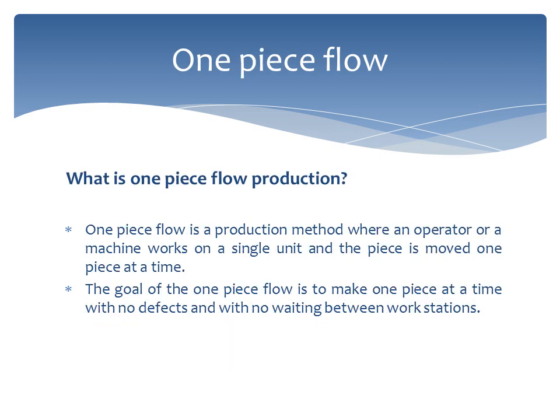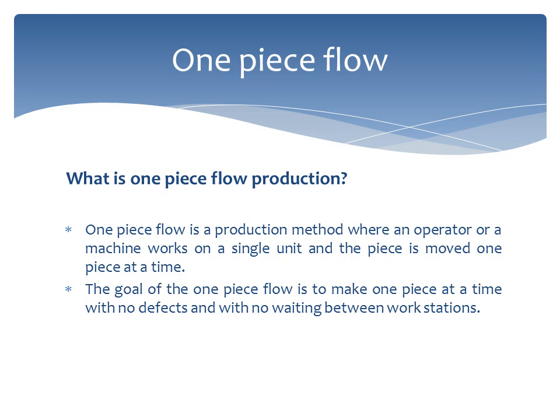Let's go on to one-piece flow. What is it? One-piece flow is a production method where an operator or a machine works on a single unit and the piece is moved to the next unit when requested, one piece at a time. The goal of one-piece flow is to make one piece at a time with no defects and with no